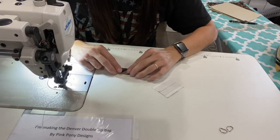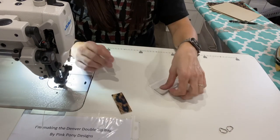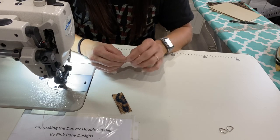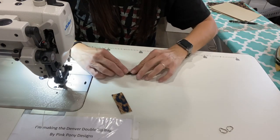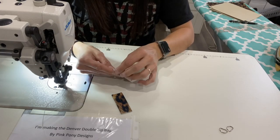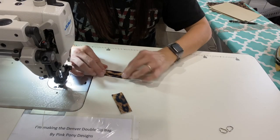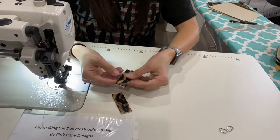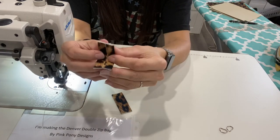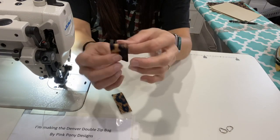If you have extremely thin vinyl like I'm using, you can do it this way. Otherwise, I believe the pattern has you using like cotton fabric. That's why it's having you do this. But normally for D-rings, when I'm using vinyl, I would fold these edges into the center. Then I wouldn't do any more folding. I would just put my D-ring on. My edges are to the center. Normally, I would just put my D-ring on, and there it is, because the raw edges are hidden inside that